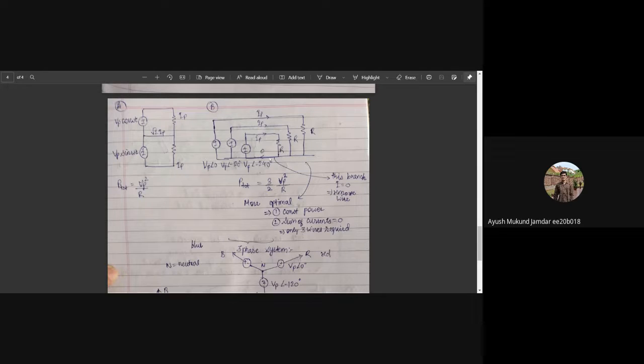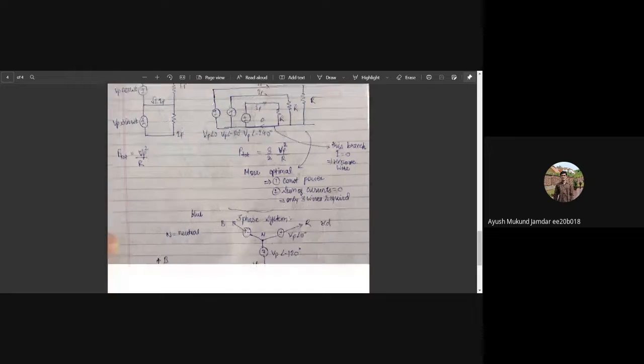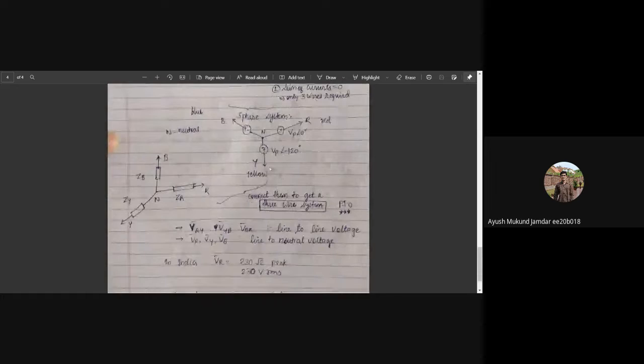The sum of the currents is 0 in this branch, and what we find in B is basically the three-phase system. Now, this three-phase system on slight rearrangement can be represented in a star connection. That is B, R, and Y being the colors used to represent these three terminals, N being the neutral point, and if we have a star connected load ZB, ZY, and ZR, and connect blue to blue, red to red, and yellow to yellow, we'll have what we call a three-wire system.